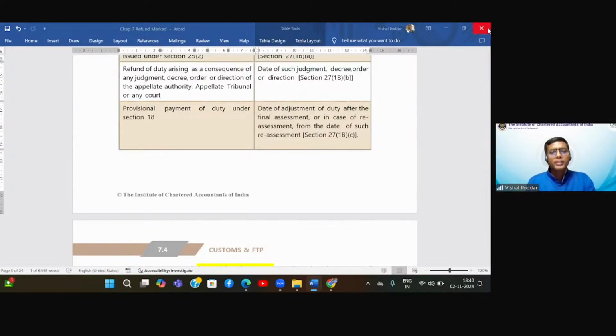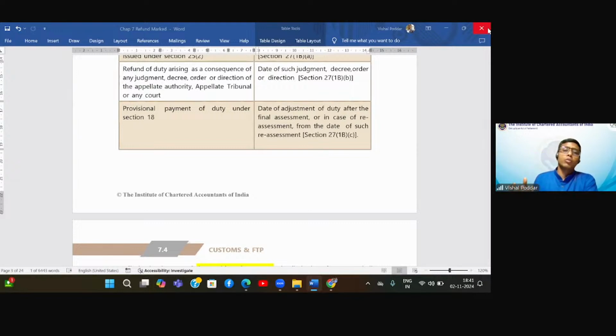However, when I say a particular hospital giving a particular type of service is only exempt, that becomes a special exemption, which is generally not given in normal scenarios, because then it would be unfair. It would be making classification between different businesses and it may not be taken in the right sense. So generally, such type of special or specific exemptions are very rarely given,